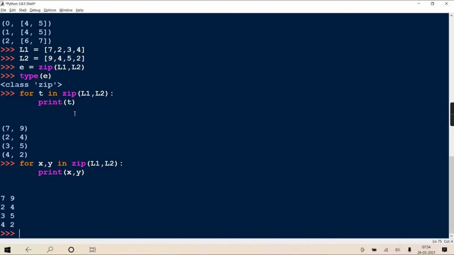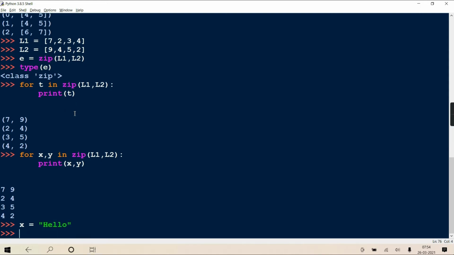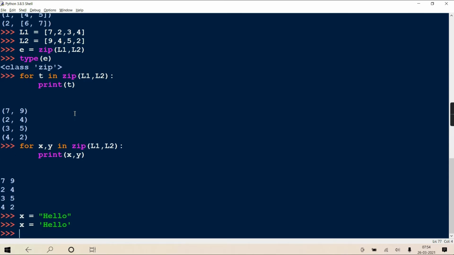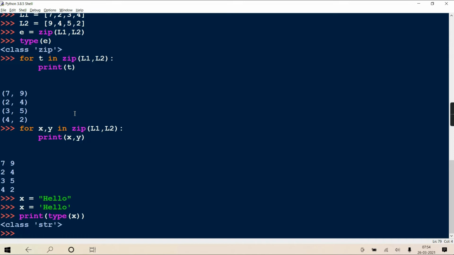Whether it is a single quoted string or a double quoted string, both are strings only, objects of class str. If I write x equal to double quote hello, or x equal to single quote hello, both are the same and both are objects of class str.